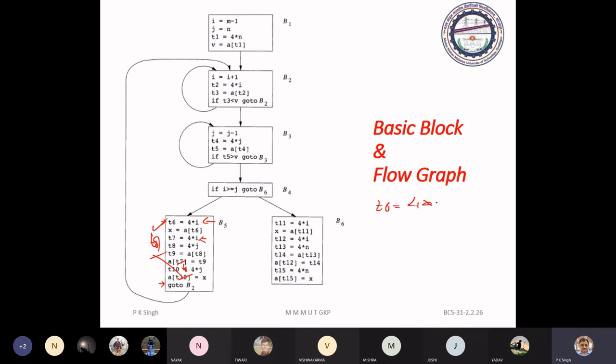T6 equal to 4 into I, X equal to A[T6], then T7 will become dead code, you can remove it. The computation of T7, because you have changed, replaced T7 by T6. Similarly, you have replaced T10 by T8